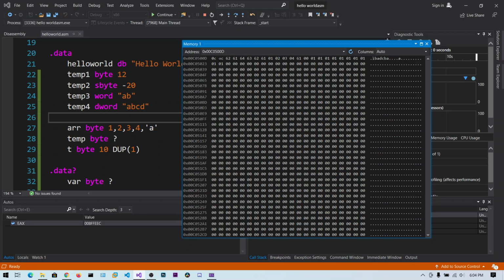So that is the EC, and you can see the temp3 word AB: 62 61. So 62 61 is the hexadecimal representation for AB,